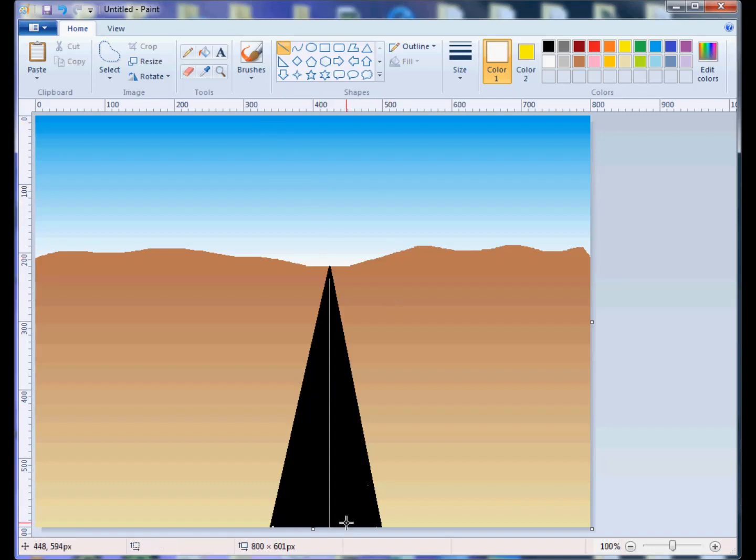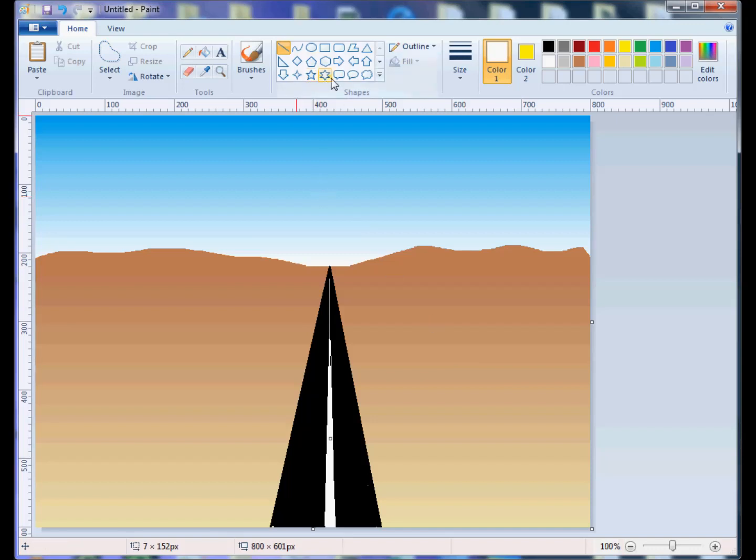I'll click away to flatten that one, and clicking on the same point or just below the same point, maybe a third down, I'll add another line off to the side, off to one side, and I'll add another in the same spot. Okay, good enough. Now we know that white lines down the center of the road typically are not solid, so